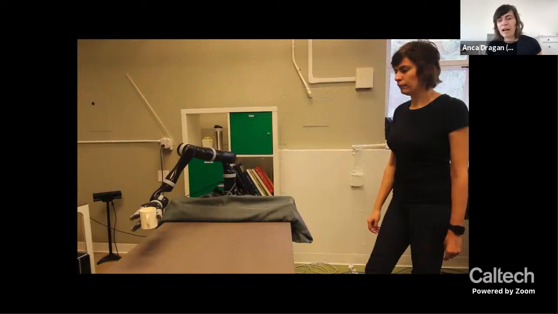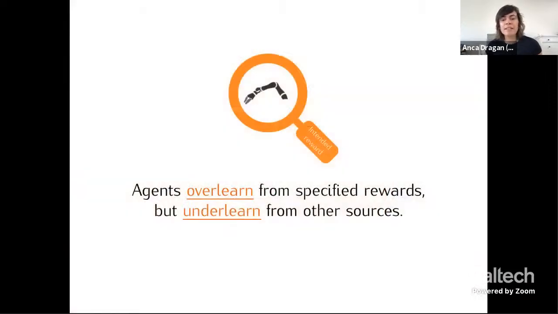So I think the bottom line for me is that we read too much, we overlearn from the reward that's specified to the system, which is not perfect, but we somehow trust it as if it's magically perfect, because people are perfect oracles. And then there's other information that we just leave on the table. Like, my push for the robot, it's like, whoa, that's a disturbance. I will reject it and go back to the optimal thing to do. So we underlearn from other sources. And so what I've been fascinated with lately has been, how do I fix this? How do I learn the appropriate amount from all the sources that are there?